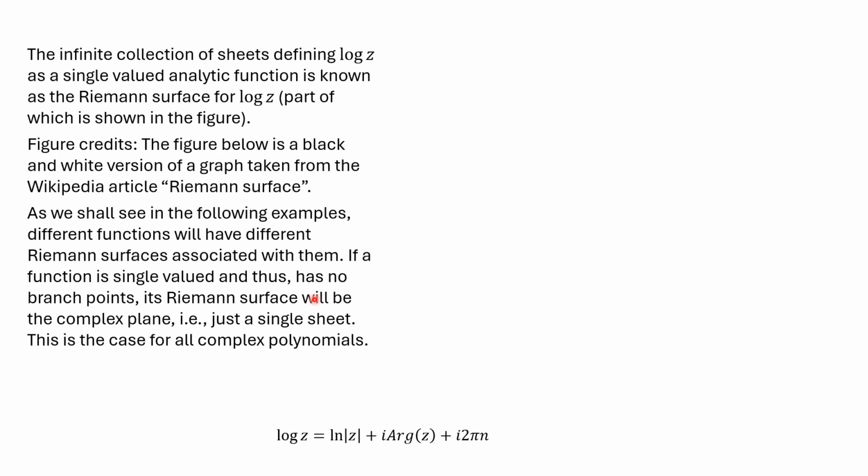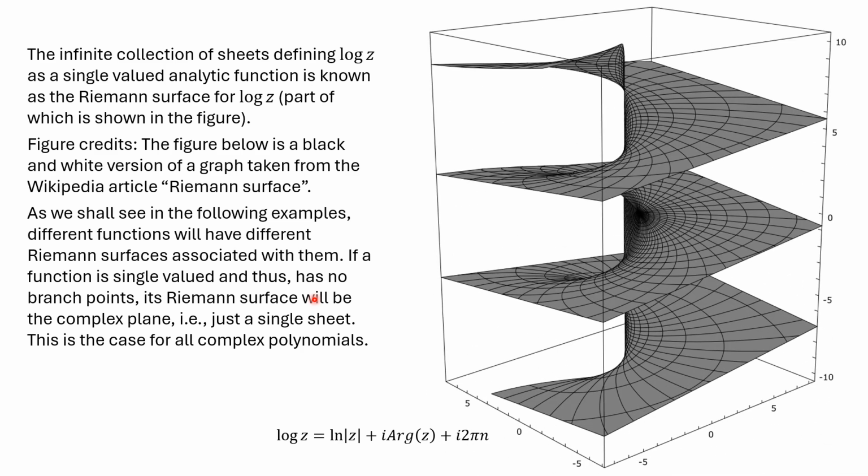The infinite collection of sheets we describe for log z is known as the Riemann surface for log z. And I've shown a part of it here. These are the sheets, and of course there's an infinite number for log z, so it goes upward and downward infinitely many sheets. I took the figure from the Wikipedia article on Riemann surfaces, and I just used black and white. Other than that, it's the same figure. What's graphed here,